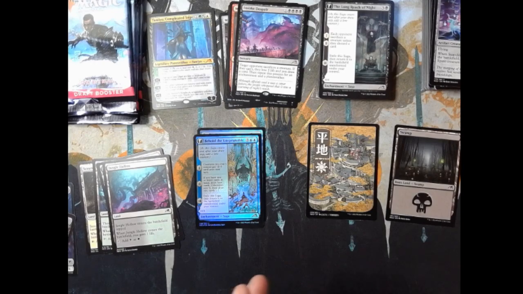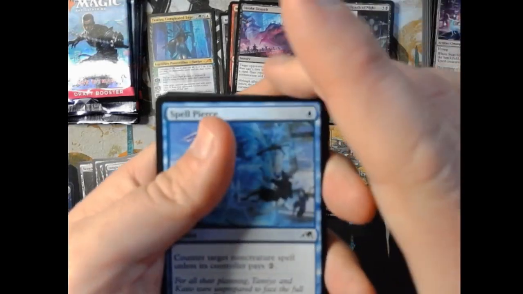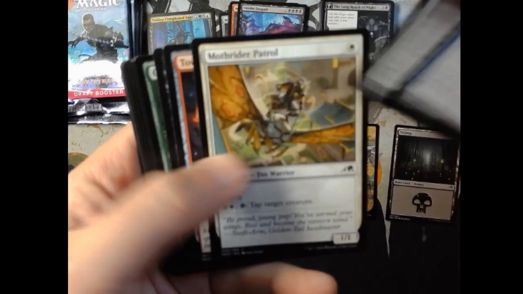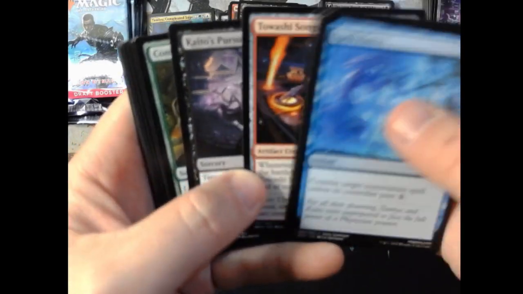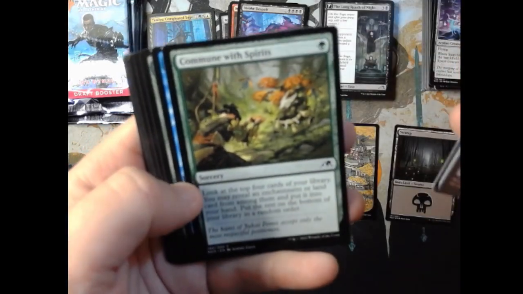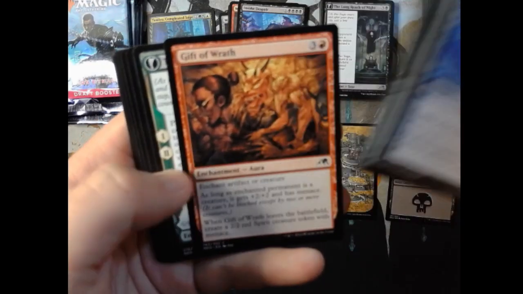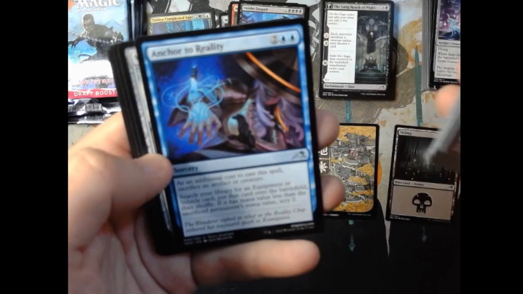Target opponent sacrifices a creature. If they can't, they lose 2 life and you draw a card. Then repeat this process for an enchantment and a planeswalker. Wowee. That's a decent little piece right there. Spell Pierce, Dramatis Puppet, Moth Rider Patrol, okay. Tawashi's Song Shaper, Kaito's Pursuit, Commune with the Spirits, Suit Up, Coiling Stalker, Gift of Wrath, Tales of Master Sashiro,